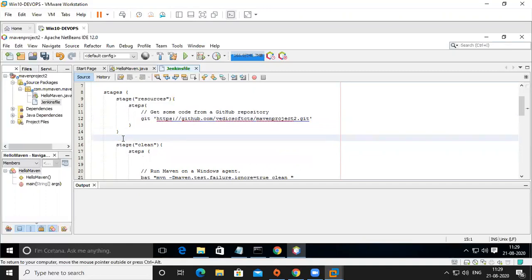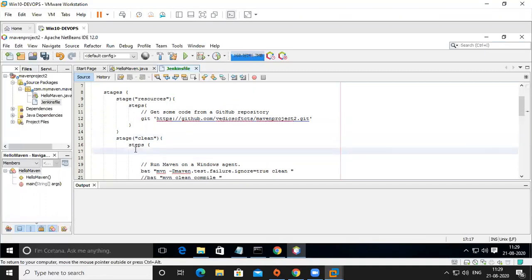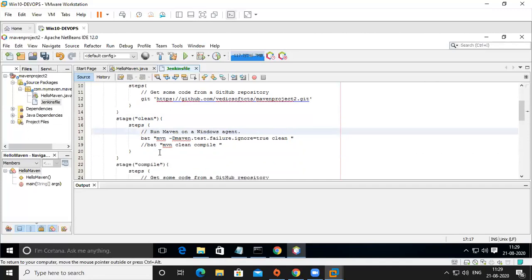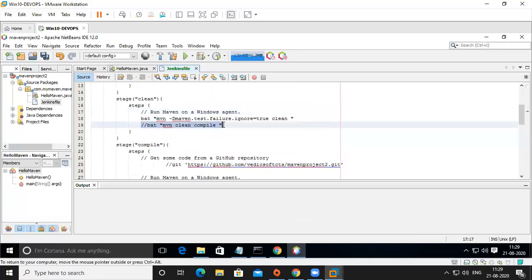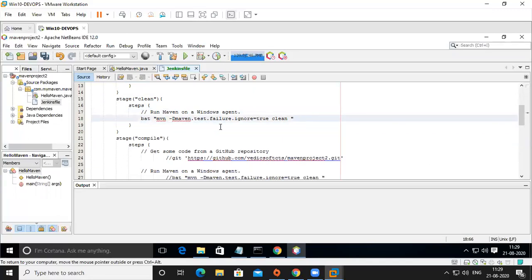Okay, now then it is a clean step. This is a clean step. Okay, Maven Windows agent, and this is a clean part. Okay, and then this is a compilation part. So I will remove this compilation. Okay.